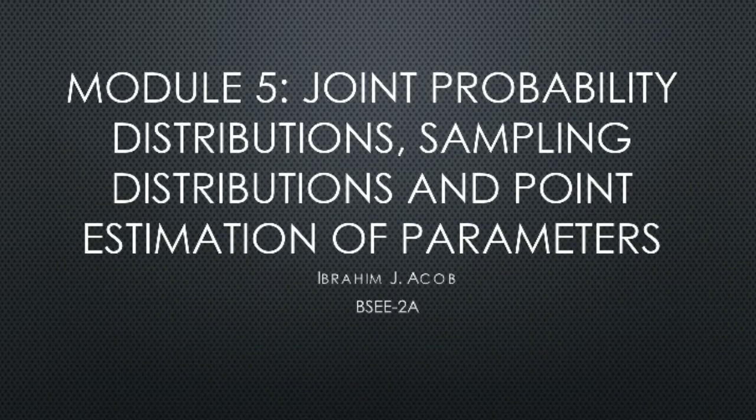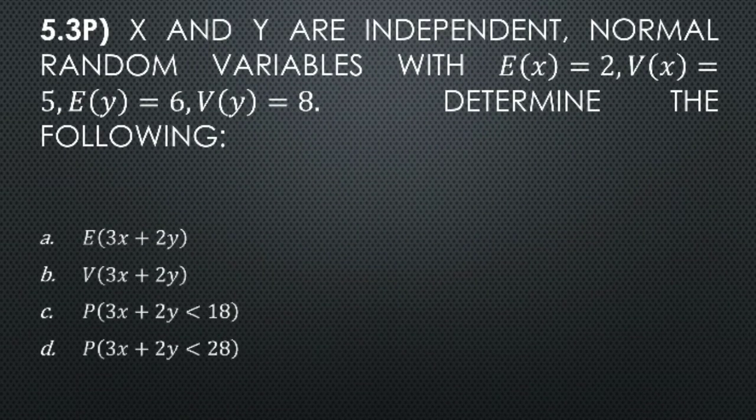So today, I'm going to answer some practice problems in Module 5, which covers joint probability distribution, sampling distributions, and point estimation of parameters. By the way, I am Ibrahim J. Acob from BSCE 2A. Now, in question 5.3, it says that X and Y are independent normal random variables